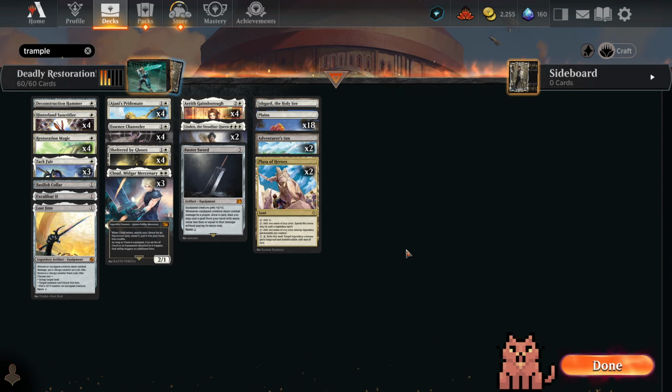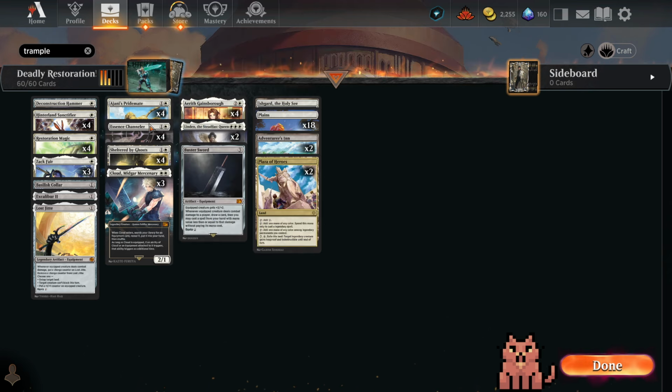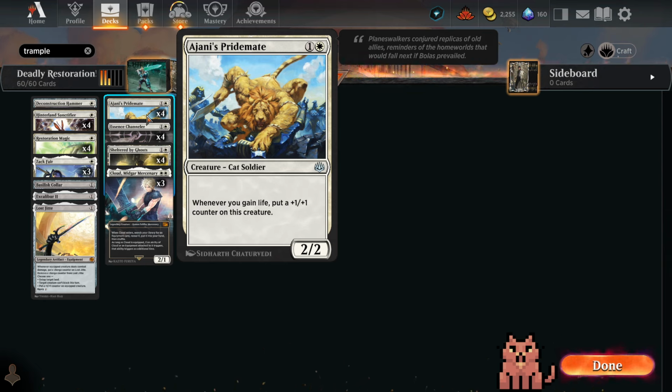Now, we had a lot of honorable mentions today. Case of the Uneaten Feast would be excellent in here, maybe as a 2-of or something. Again, if you're dropping something, maybe the Pridemate down to 2, because Channeler's just pretty much a better version. There was a moment today where the Pridemate's toughness actually mattered, but most of the time Channeler's just going to